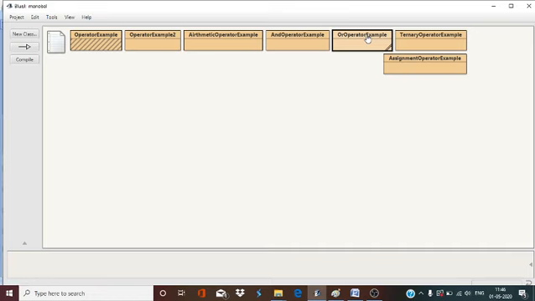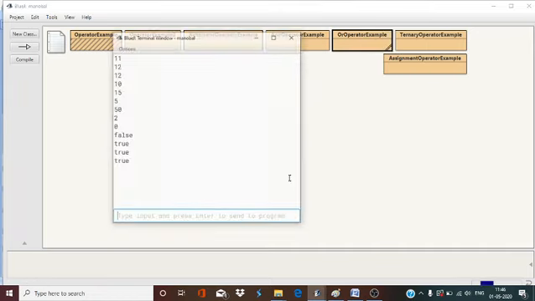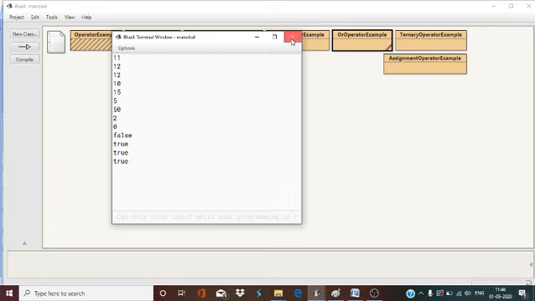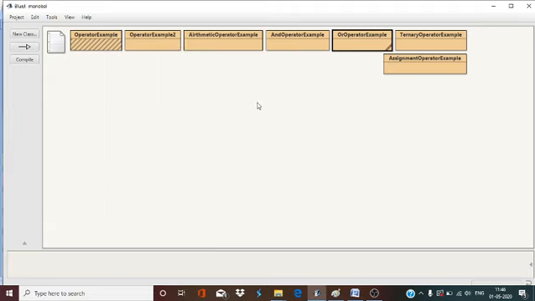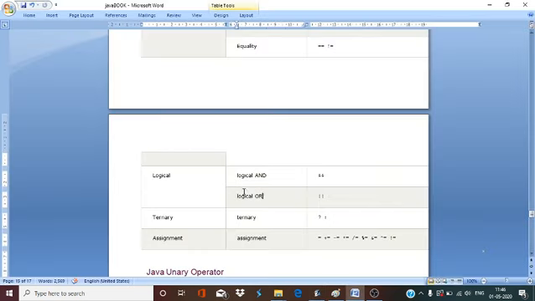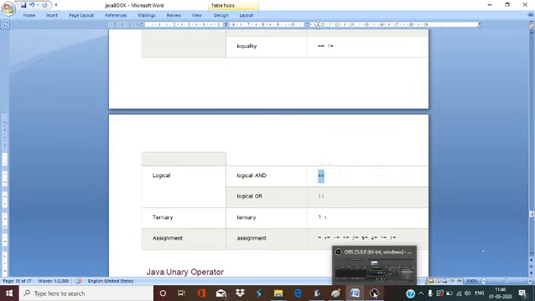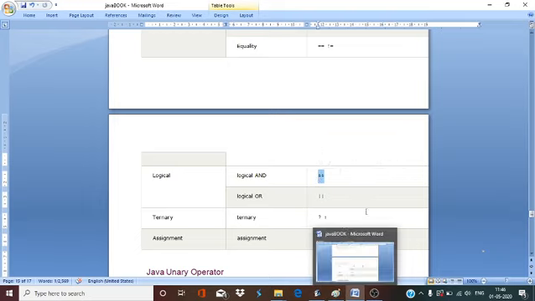You can see the output: true. Why? Because in the OR operator, if one condition is true, then the whole condition will be true. If both conditions are false, then the whole condition will be false.